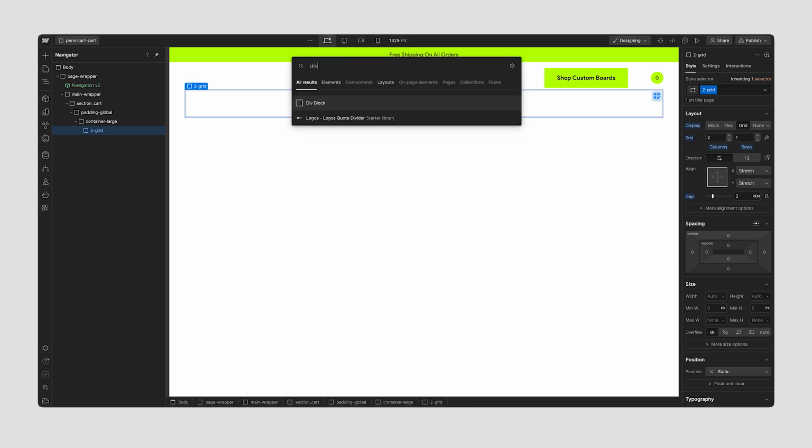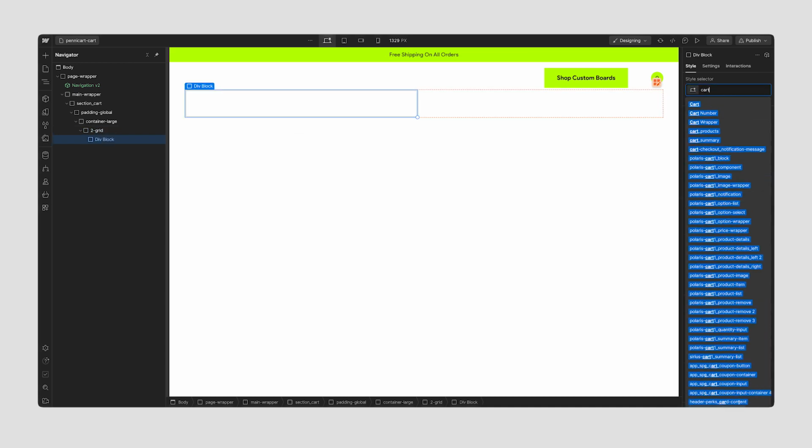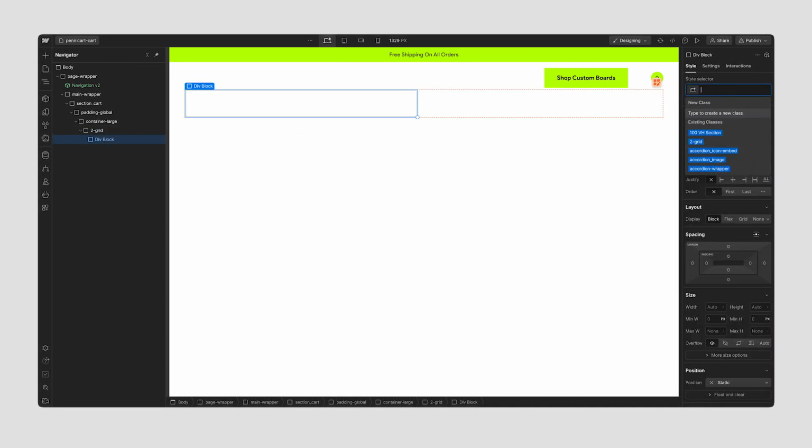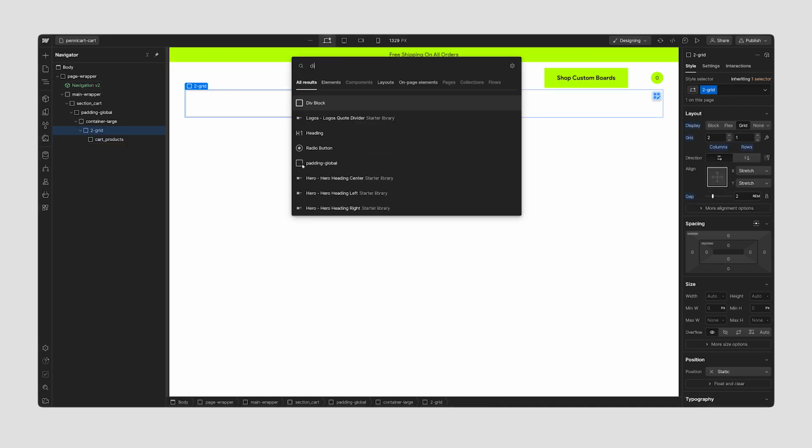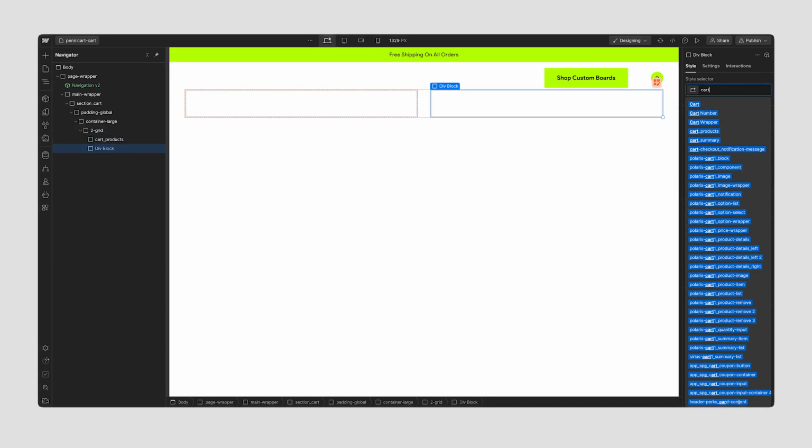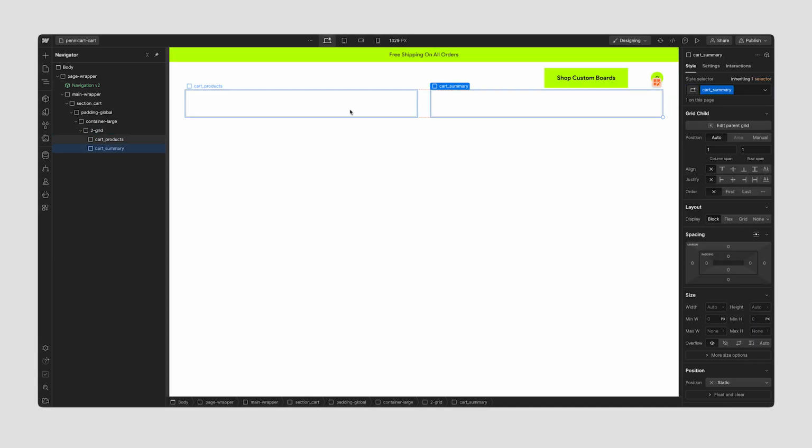And inside this, I'm going to add a div block. I'm going to give this a class of cart underscore products. And beside it, I'm going to add another div block. I'm going to give this a class of cart underscore summary. Perfect. Now once I have that basic structure set up for how I'm looking for, I'm going to select the